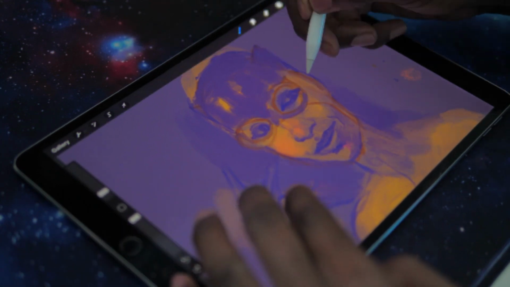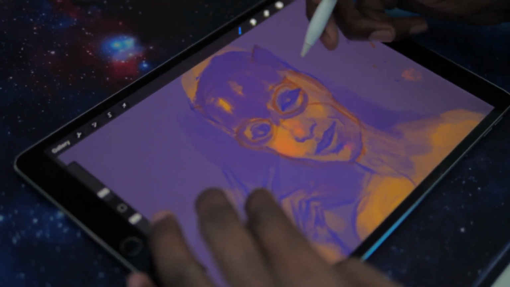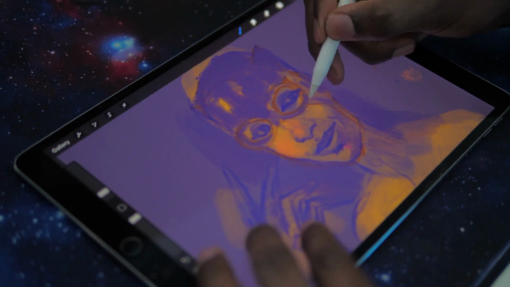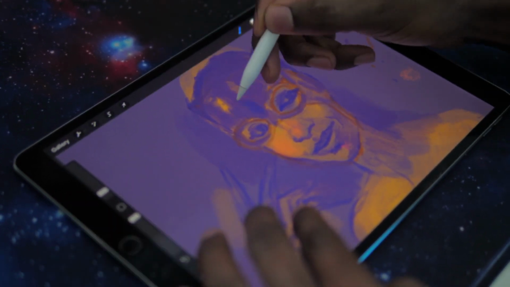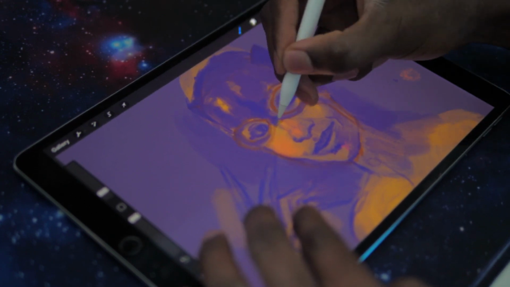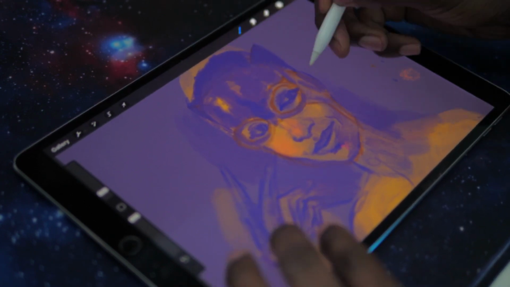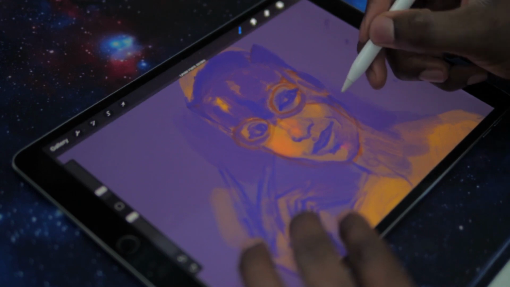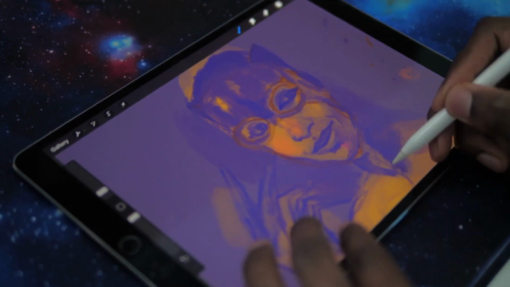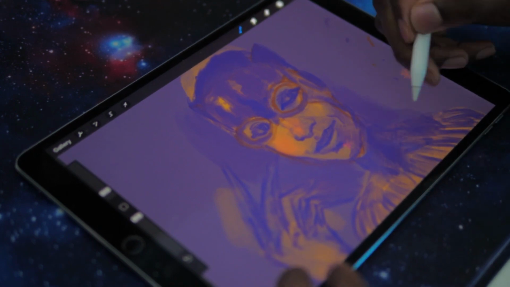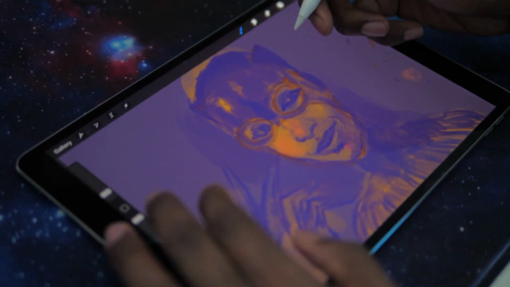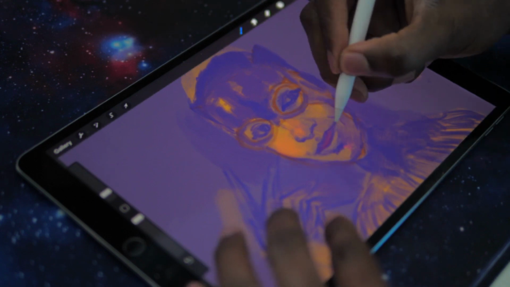I like to use reference just as a touching point, just to check if things aren't completely off, unless I'm doing a serious caricature. Sometimes I might even use light in a reference, and I'm painting a figure, but my reference has no figure in it. It's really just to see how